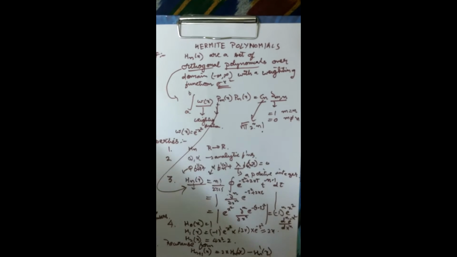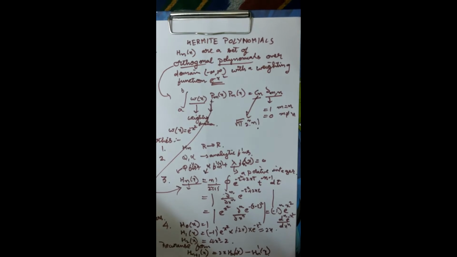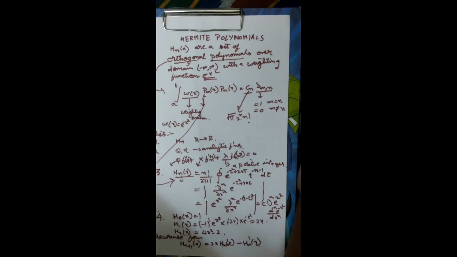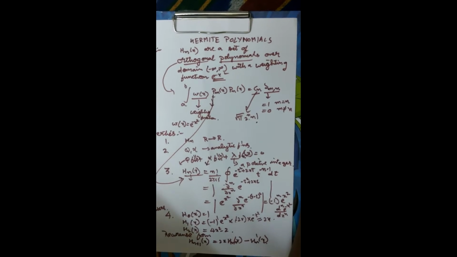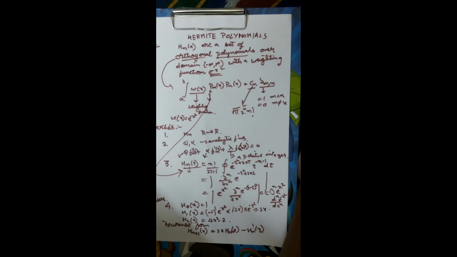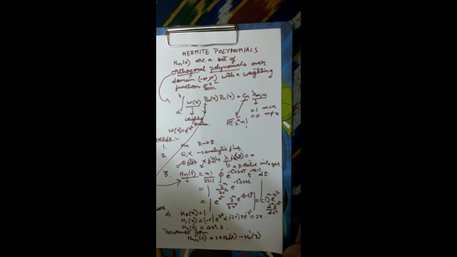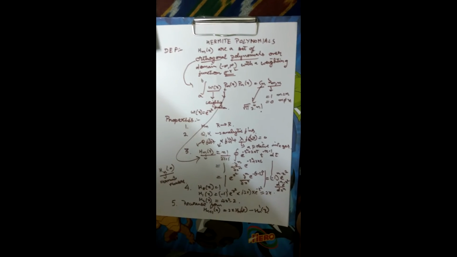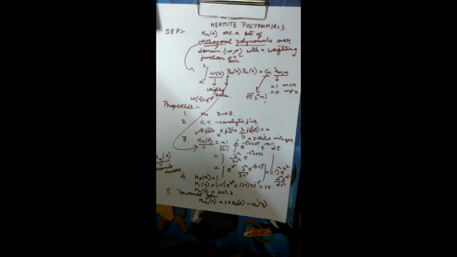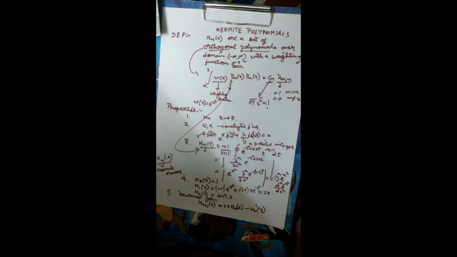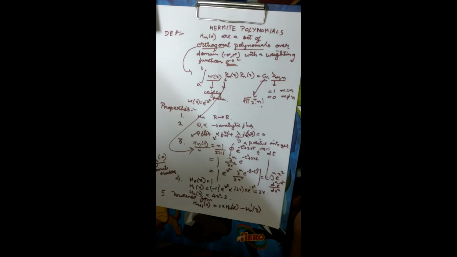Okay, now let's talk about its history. First of all, this topic of Hermite polynomials was defined by Laplace, then it was studied in detail by Chebyshev, and finally the work was done by Charles Hermite. It is applied in various branches of mathematics as well as physics. In mathematics, it is used in probability in areas such as the Edgeworth series, in combinatorics, for example as Appell sequences, and in numerical analysis such as Gaussian quadrature. In physics, it is used for eigenstates of the quantum harmonic oscillator.